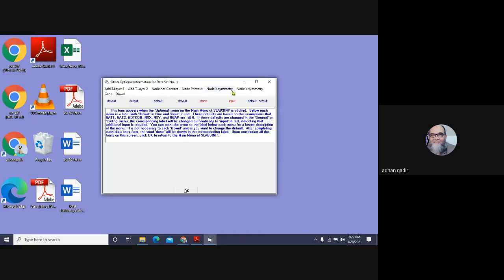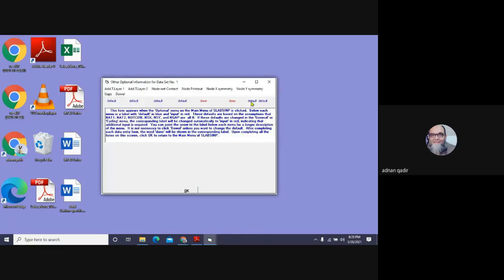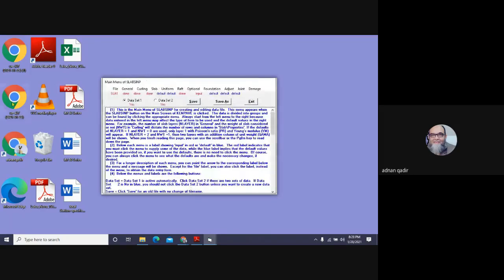Okay. Similarly, Y symmetry will all start from 1, 2, 3, 4, 5, 6, 7. So we always start on the y-axis. We always go for 1, 2, 3, 4, 5, 6, 7, and then we go from bottom to vertical, and this is how you divide your slab. Then it's okay.